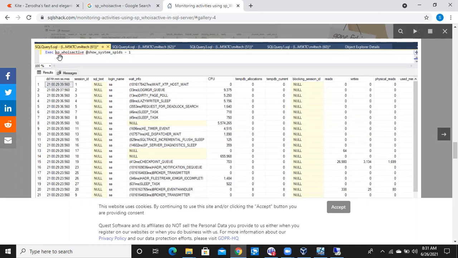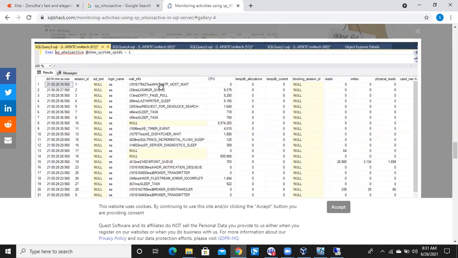Once it is created and you run it, you can easily find out since how many days it is running and what session ID it is using. SQL text means what is the query. Under the SQL text column, you can find out which query is currently running in that particular session, who is running this, and what the wait types are. You won't understand that now; there is a separate session on wait types.